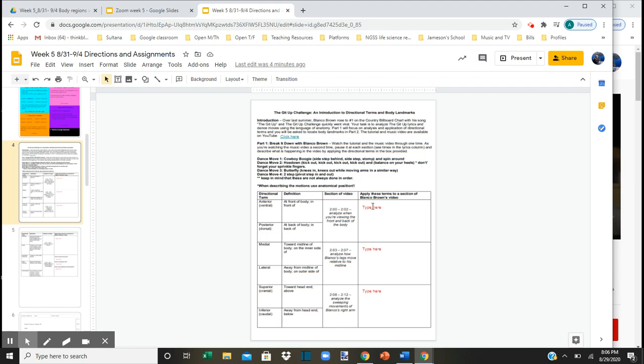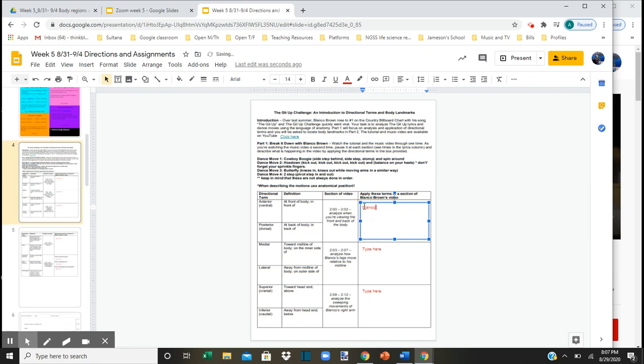So you're looking at what happened at 2 minutes, and you can go back and forth, right? So what you're going to do is apply the terms, the anterior and the posterior, to what is happening in the video. So you would say maybe Blanco Brown spins his body from an anterior position to a posterior position,